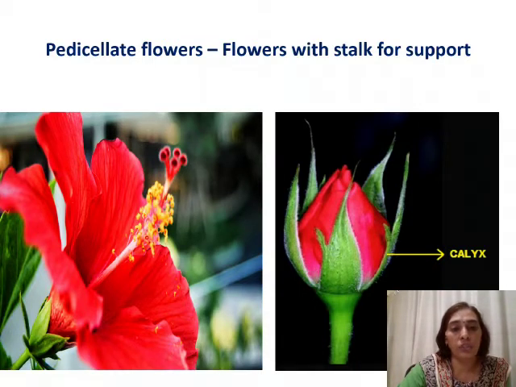and androecium now, that is stamen, which comprises of anther and the filament. So here this yellow colored anthers, you can see anther lobes. Inside it you have the pollen grains, and very thin thread-like structures that you are seeing here are the filament. So anther and filament are the two parts of the androecium, or the male part of the flower. So here we have studied about flowers which are with stalk and those which are without stalk.